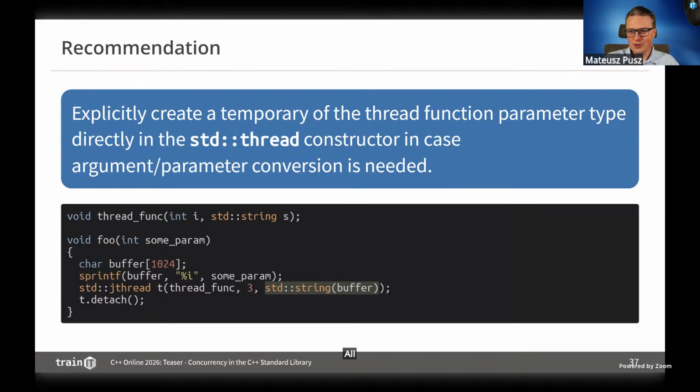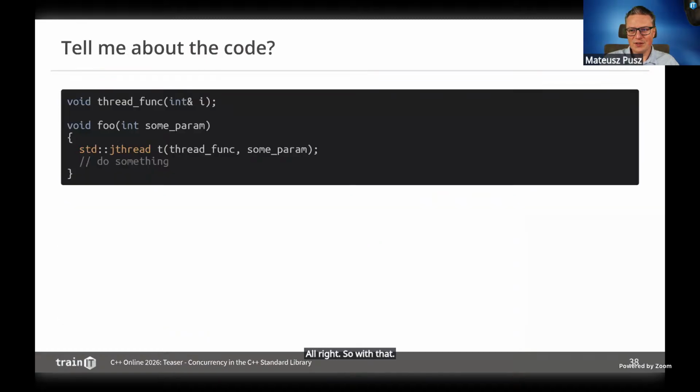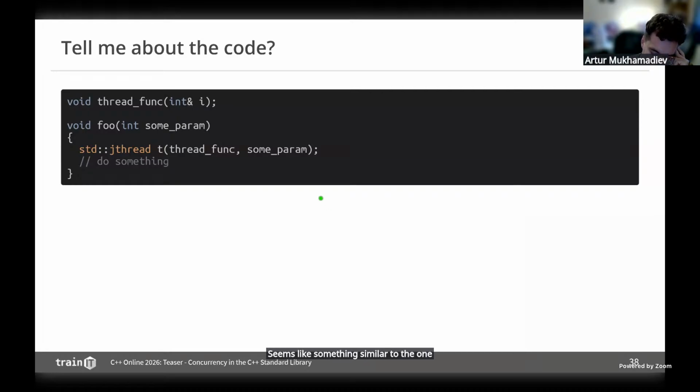All right, so with that, what is the issue here? Who sees that? Seems like something similar to the one several cases ago with dynamic reference capturing.